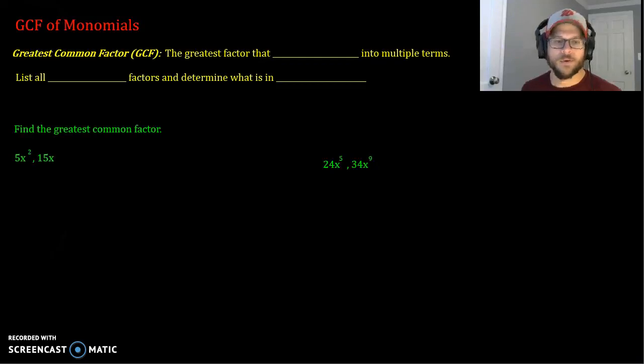All right, in this tutorial, we're going to go over the GCF of monomials, and the GCF stands for greatest common factor. Now, way back in the very first unit, we talked about finding common factors of numbers, and we're essentially doing the same thing here, but this is also going to include variables and possibly variables with exponents. So, just as a reminder, the greatest common factor is the greatest factor that divides